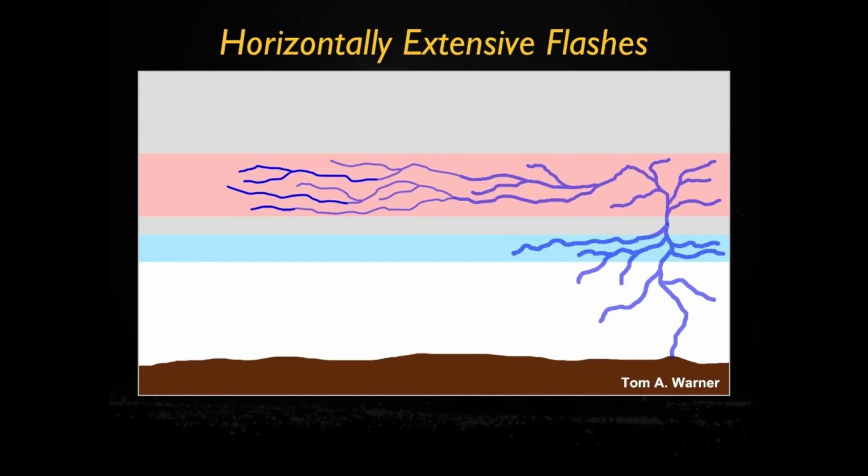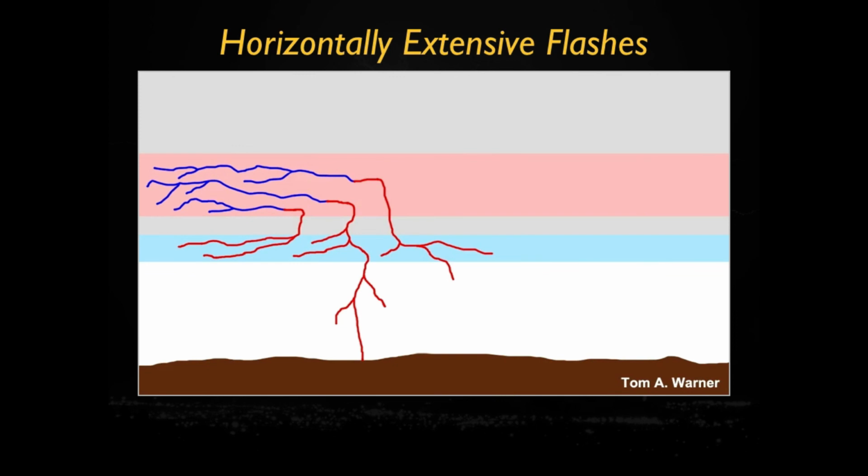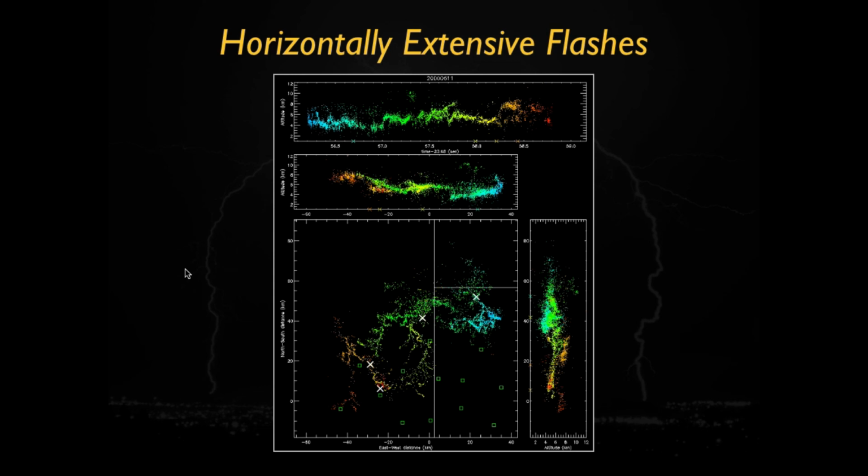So we get the return stroke, negative leader development that becomes cut off, renewed positive leader development on the negative ends, one of which connects with ground, causing another positive CG return stroke at some distance away from the first. And this happens quite often, and this is one mechanism that causes the horizontally extensive flashes to travel such large distances. Here we have an LMA depiction of a horizontally extensive flash, and essentially what it's going to show is